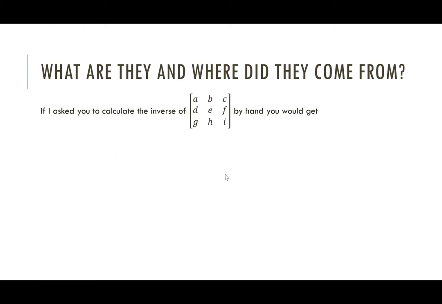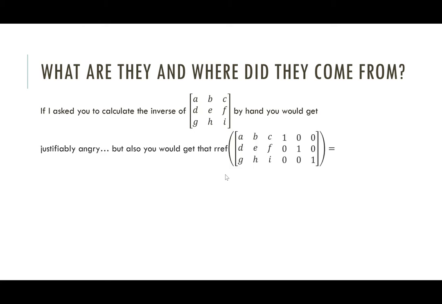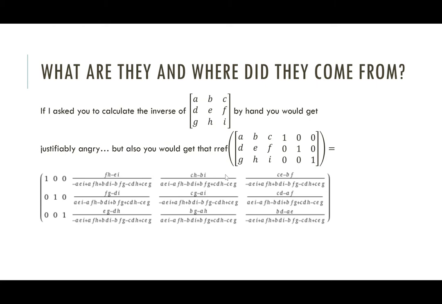All right, well, if I went through a similar exercise and asked you to calculate the inverse of this generic 3 by 3 matrix by hand, you would get justifiably angry. But also, if you did it, you would get that the reduced row echelon form of this matrix is that mess. And the reason it looks blurry is because I just copied and pasted that from Wolfram Alpha. Life's too short to have actually calculated that by hand, and life's too short to even have typed it out by hand. Anyhow,